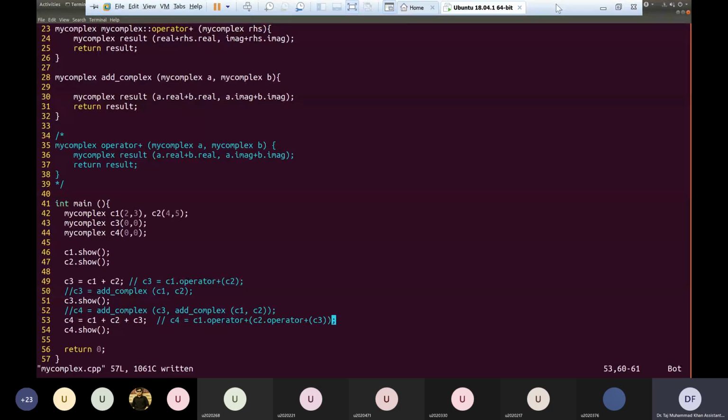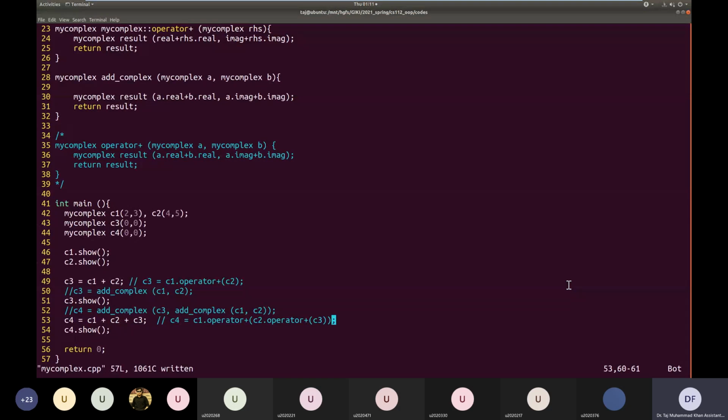I think addition works from right to left. We can basically confirm it. We can confirm it. Non-member. No. The behavior is same. The behavior basically is the associativity of that operator. The associativity of that operator has already been defined for all types in the C++ standard. Okay. So the associativity we cannot change. What we can do is we can change the behavior or the implementation of that function, that operator.